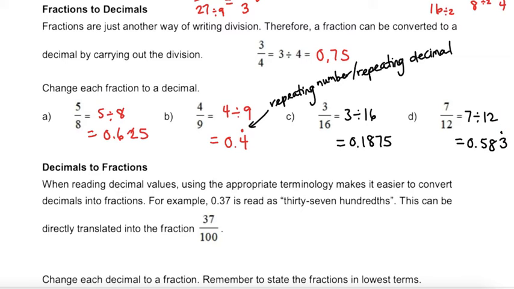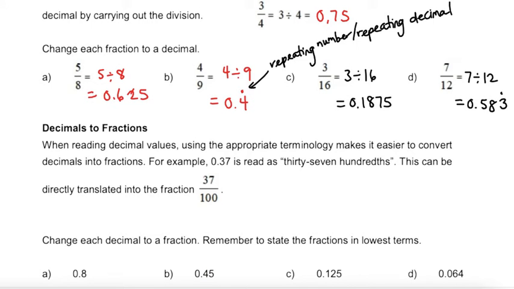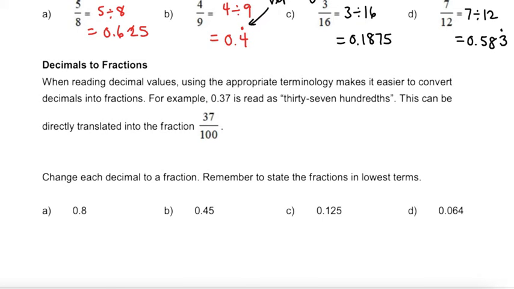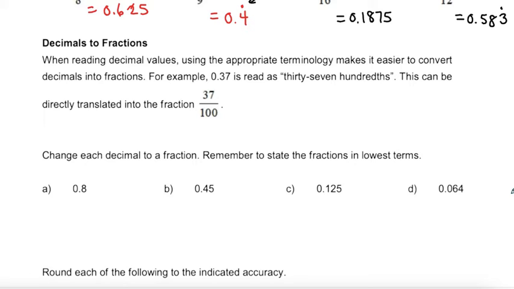Well, if we know how to convert a fraction to a decimal, how do we go in reverse? And this is where the concept of place values comes into play. So when we are converting decimals to fractions, we have to know how to read the decimal values appropriately. And by reading our decimal number in a mathematical format, it's easier for us to directly translate that into the